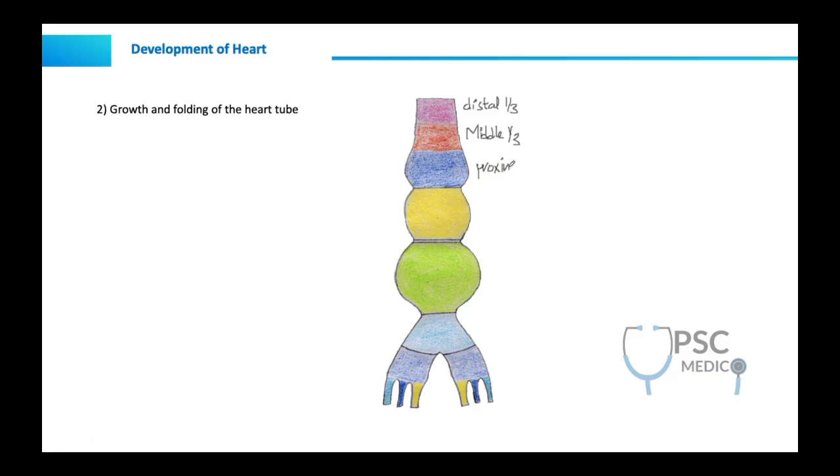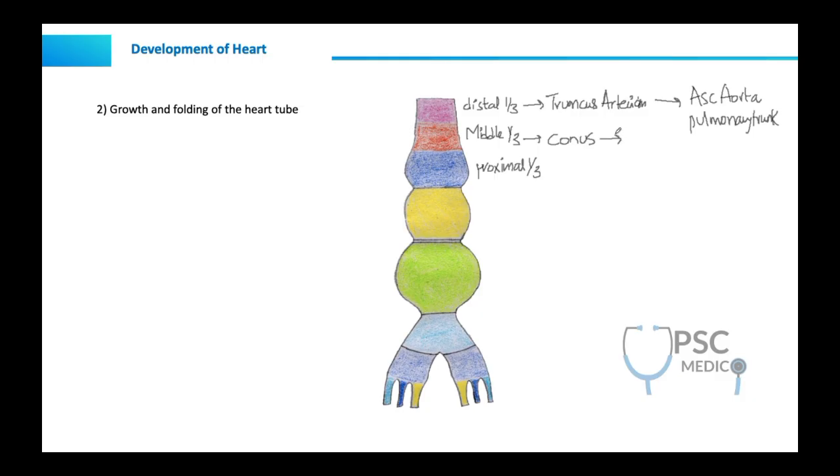Each third has its own name. So let us start with the distal 1/3. The distal 1/3 is known as the truncus arteriosus. And what are the structures it gives rise to? It forms the ascending aorta and pulmonary trunk. So what is it forming? It is forming the ascending aorta and pulmonary trunk. Simple. And the next structure is the middle 1/3, which we call the conus of the bulbus cordis,